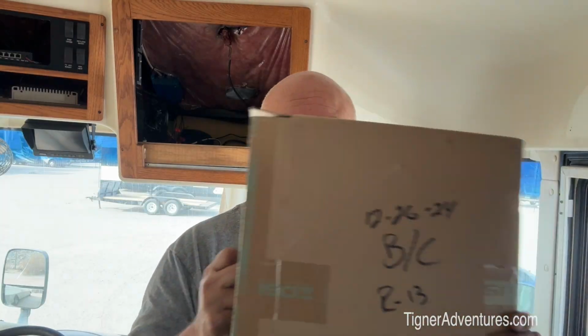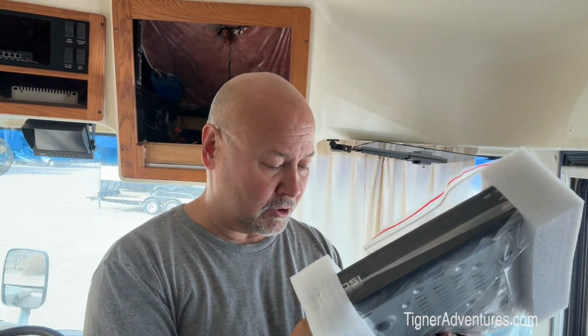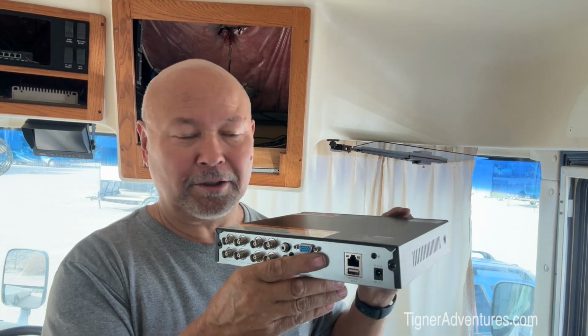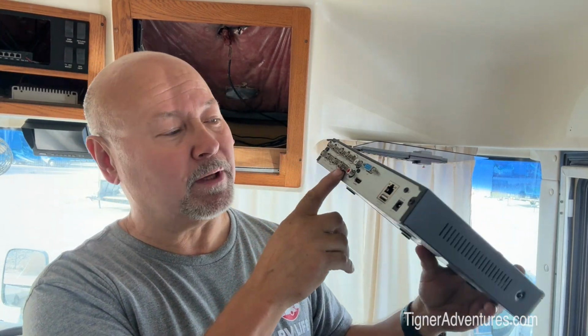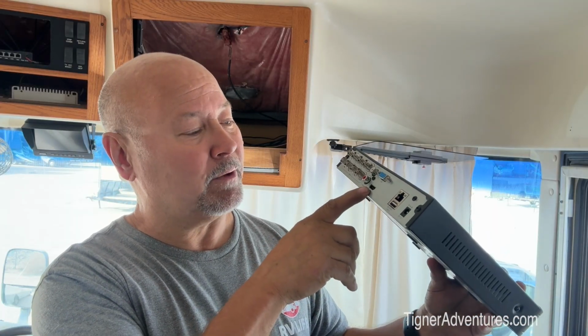I did get the DVR. So the cameras came first. They shipped the DVR in a separate box. This is the DVR. There's not a lot to it. We've got to open it up and put our little hard drive in there still, but this is where all the 8 cameras hook. We have HDMI for the TV that we're going to put in that we can monitor,